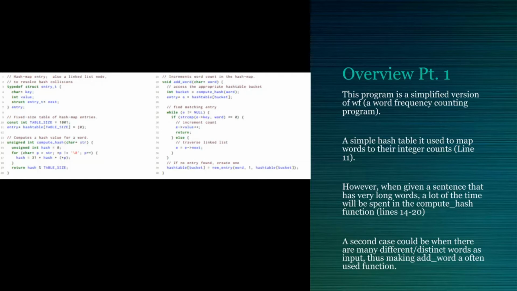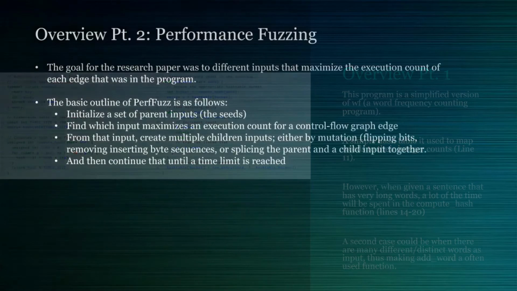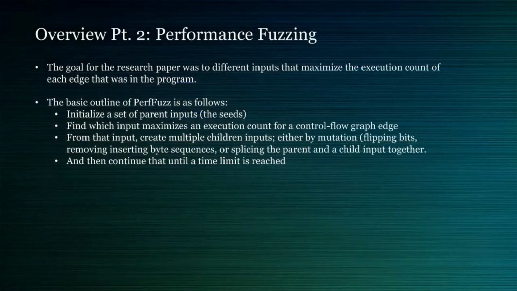Hopefully that's what people would start using PerfFuzz for now, to create and find these inputs that highlight these bottlenecks. So the goal for this research paper was to create different inputs that maximize the execution count of each edge in the program. We can assume that we have one or more general seed inputs that are common inputs for